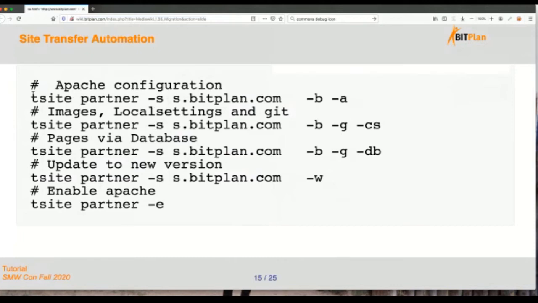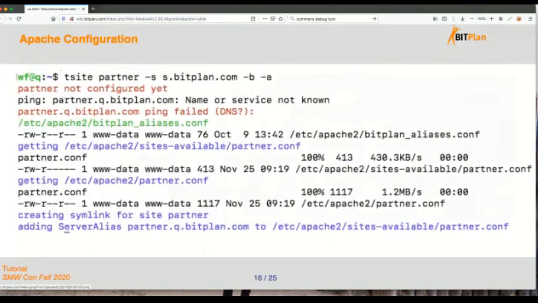And basically, if you want to transfer a site from one of the wikis to the others, we do that in basically 4 steps, or 5 in this case. In the past, it was just one command. We didn't like that, so we changed it to have a script that does one step after another. And now we can go through the steps. If you want to see the parts of this script, which I'll publish, please ask me for it later. In the scripts, you'll see the steps that you usually do manually, which is a lot of work to do right. So the first step is that you want to copy the configuration of your server.